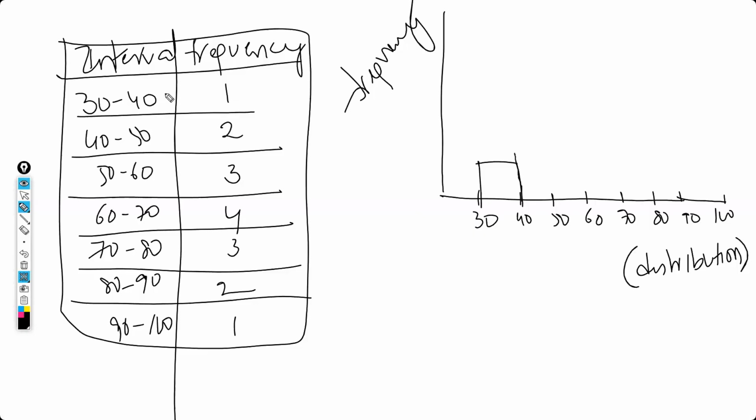If it were 30 to 39, for example, and then 40 to 49, then a gap should be there in between. That one point gap will be there. But here the gap will not be there. Sir, then you can take 30 to 39. No, sir. If I take 30 to 39,